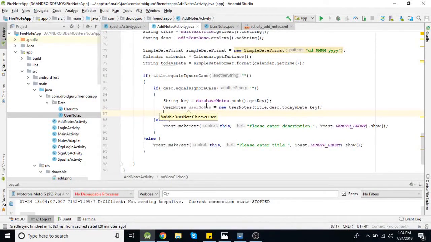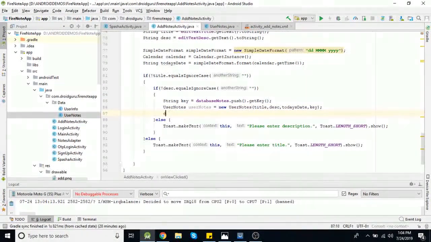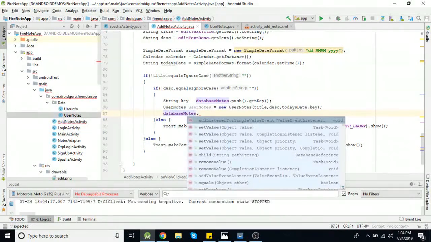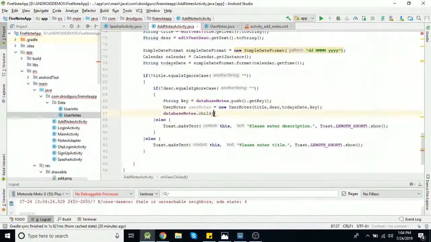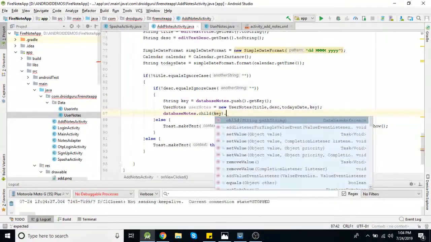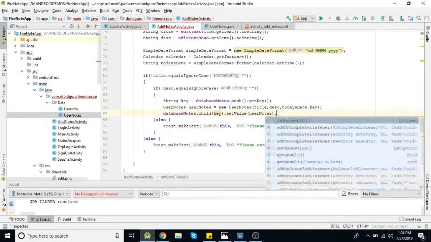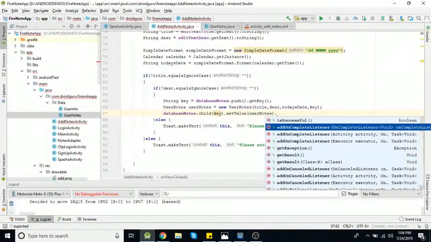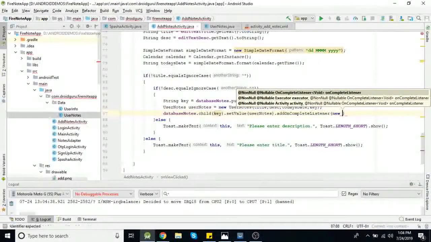Now we are going to write the complete class object in Firebase. So the path will be database nodes dot child this key, because every node we want to save independently, so the child will be key, and dot set value user nodes. Also, as previously we added completion listeners, we are going to add one here also. So add completion listener, new on completion listener.